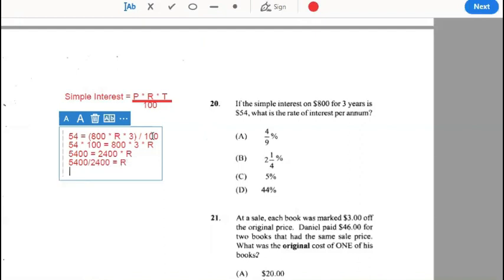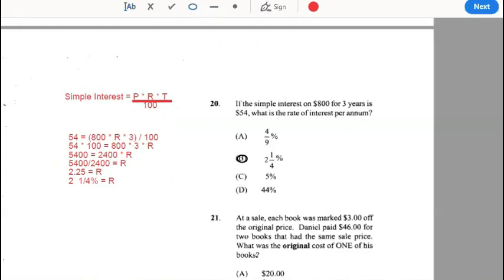And we solve and get 2.25 equal R, and 0.25 is the same as quarter. So our answer is 2.25%. Now we get 2,400 by multiplying 800 times 3. So our answer is B,